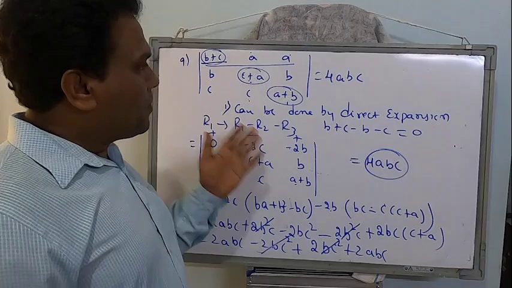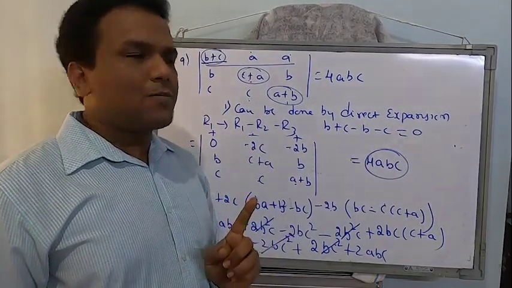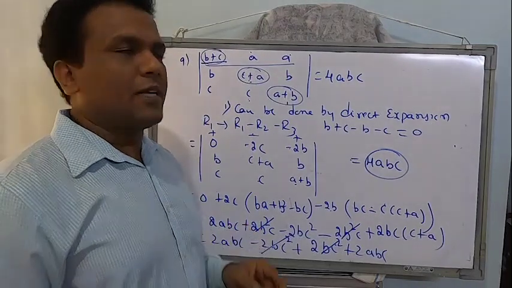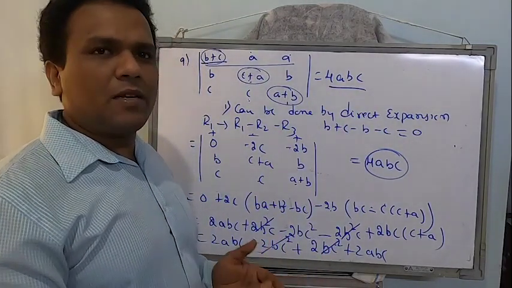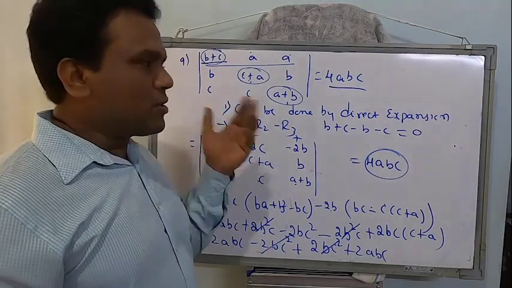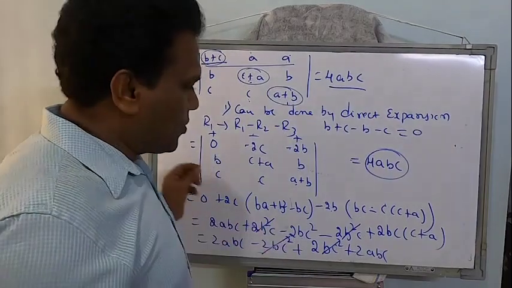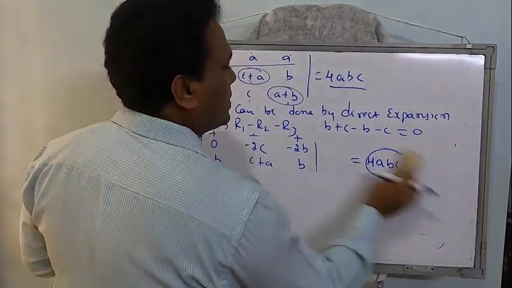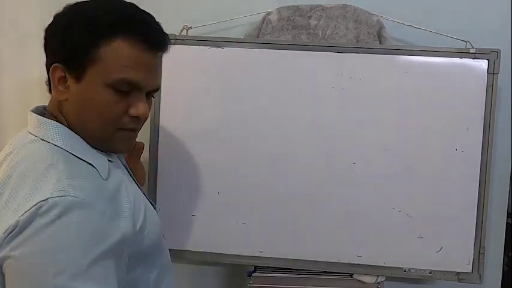If you don't remember the explanation I have given at all, I told you, you can just do direct expansion, still you will get the answer. See, it's in terms of factors. Okay, it's not like a minus b, b minus c, a minus c, something like this. So I will suggest you to go for a direct expansion and get the answer. The next two problems are also important, like this one. So let me expand problem number 10.